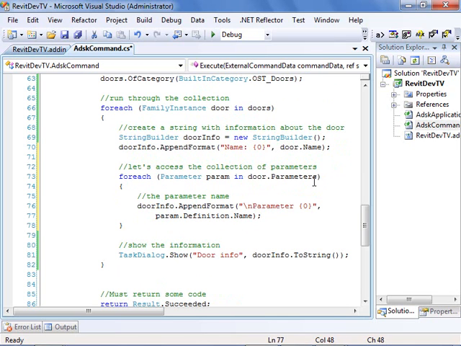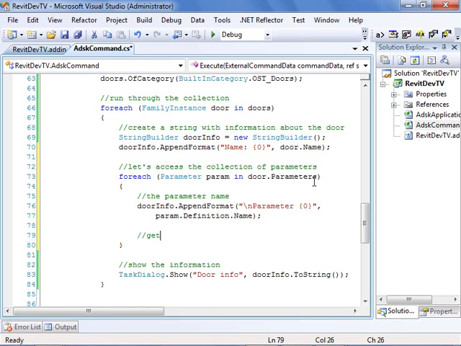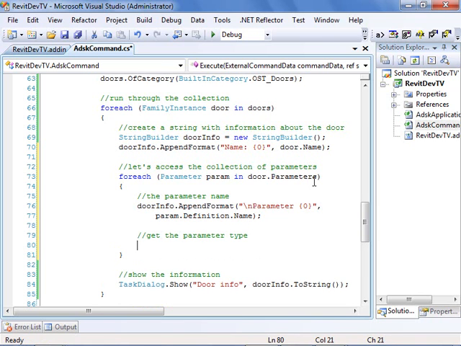To access the parameter value, we have an issue that is the storage type. So we cannot simply say parameter value dot toString. We must get the type and then convert for each type a specific string. Get the parameter type. Let's use a switch param.storage type,